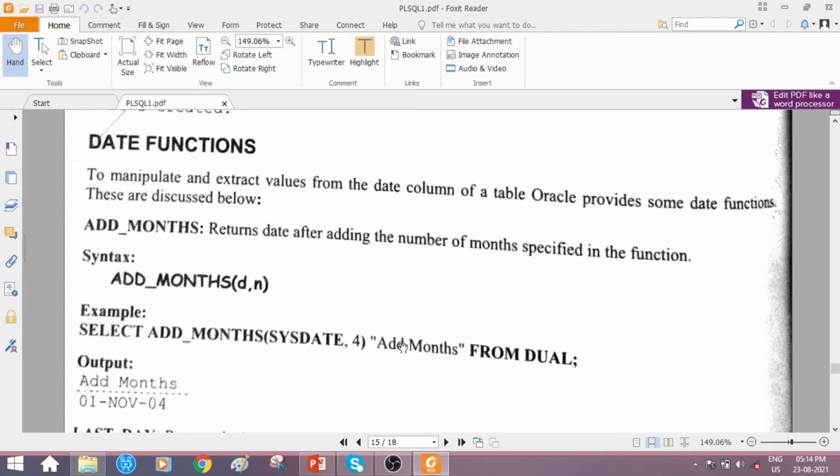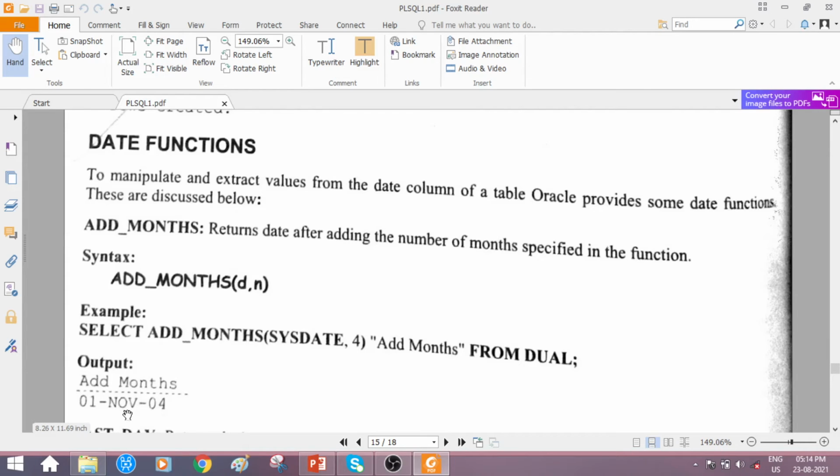What column heading do we want to view in the output? Add months. From clause following that, which table? Oracle's dummy table, that is DUAL. So whatever the current system date is, four months are added to it, and this is the year information.